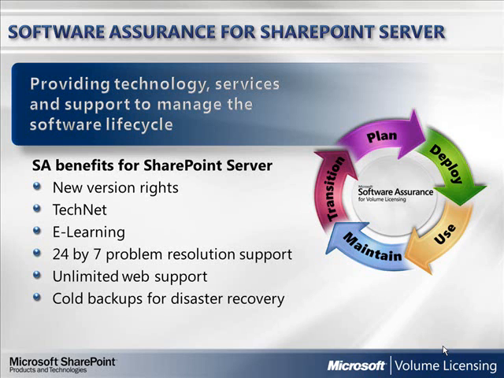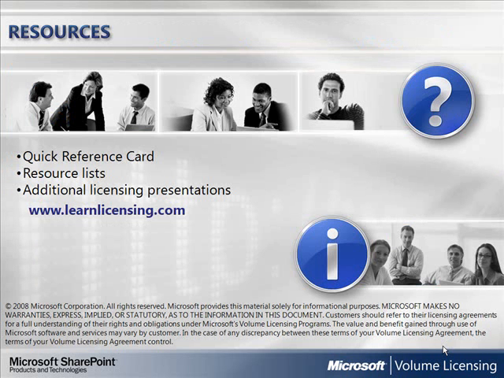Software assurance for servers includes 24/7 problem resolution support, a TechNet Plus direct subscription, unlimited web support, e-learning courses and labs, cold backup rights for disaster recovery, and new version rights. There are qualifying rules for software assurance benefits. For more information on software assurance, ask your reseller or view the software assurance broadcast in this series. You can choose software assurance at the time of your purchase and begin using your benefits immediately for use during your license agreement. You can find additional licensing presentations covering licensing principles and in-depth product licensing models at